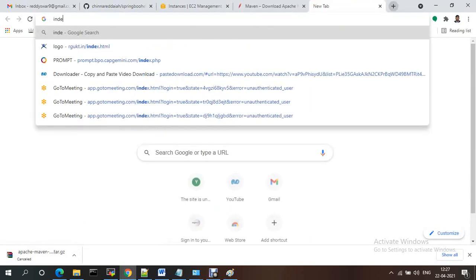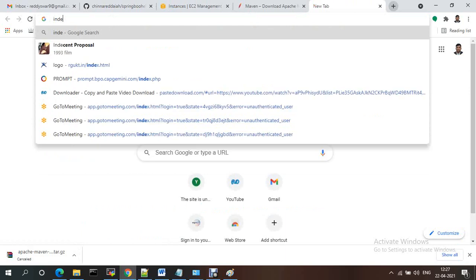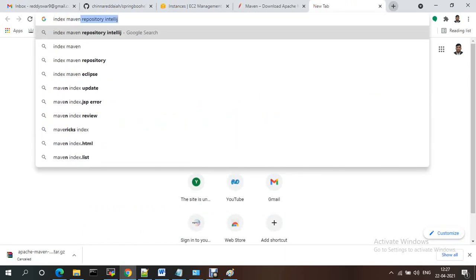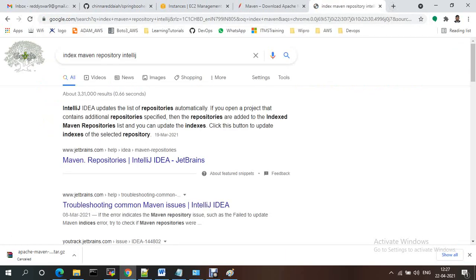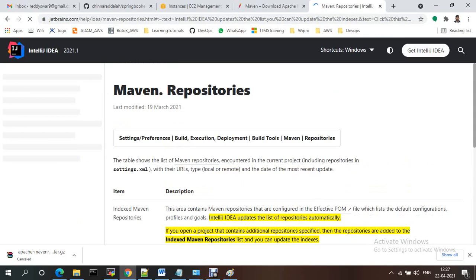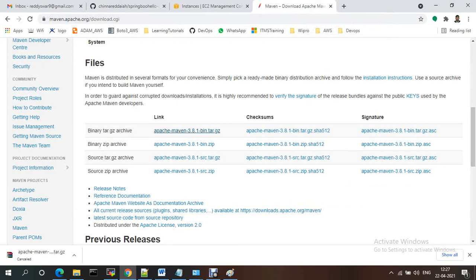Otherwise, if you need an older version, you just need to go to the Maven archive index. It will give you the older versions of Maven.